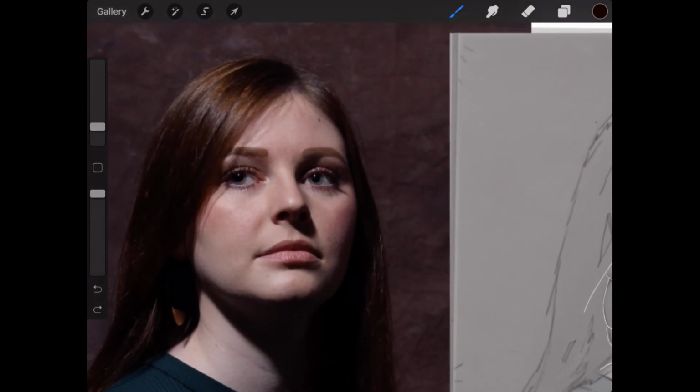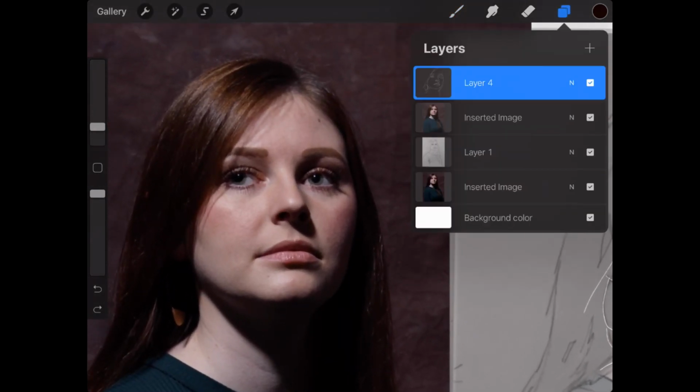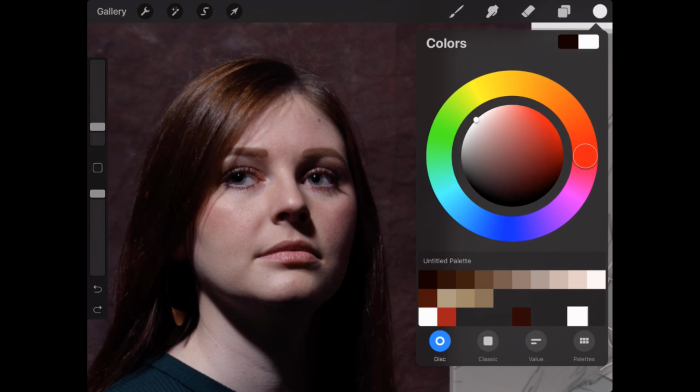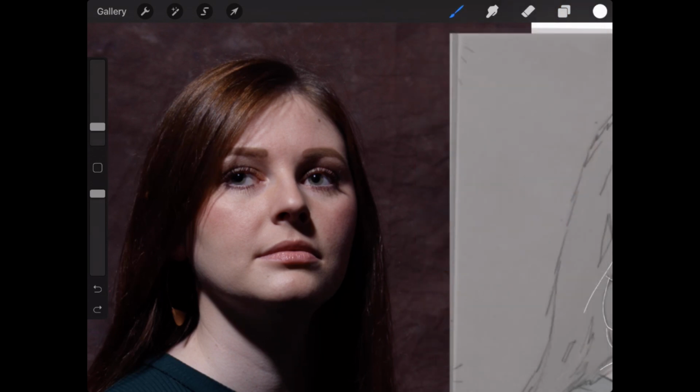If we were to look at this face here, I just want to illustrate this as an example for everyone. When I'm thinking about the shape, I'm looking at this idea.